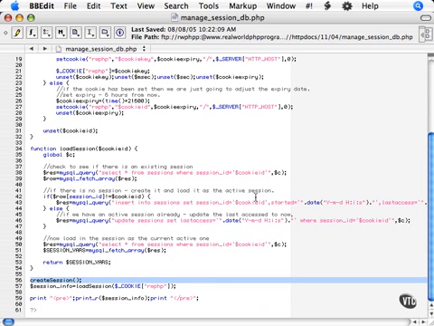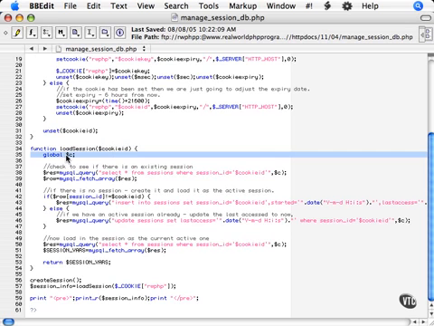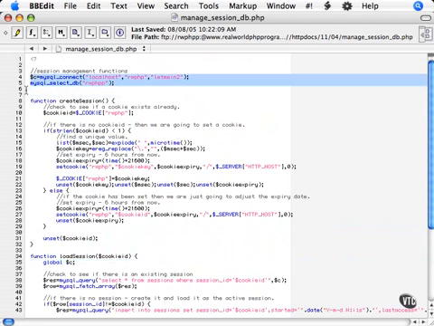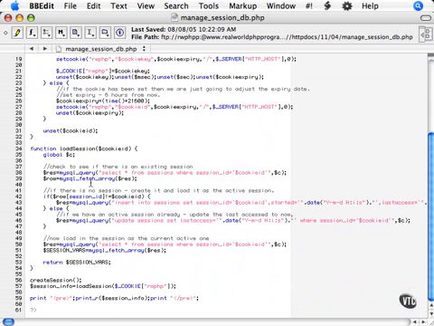The next function loads existing session information. You can see that it takes the cookie value as an argument. The global C statement here makes my database reference available within the function. We have our database connection started up here. So first thing we do is check to see if there's an existing record with this session ID or with